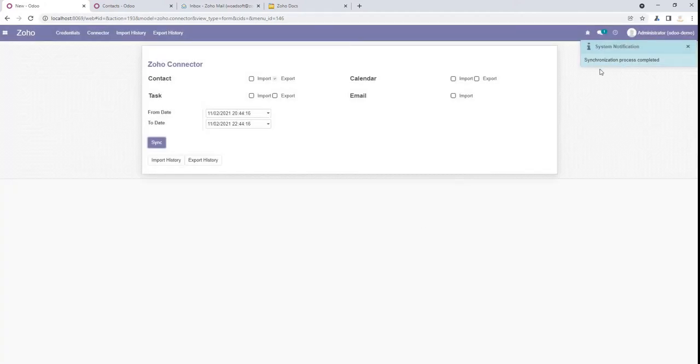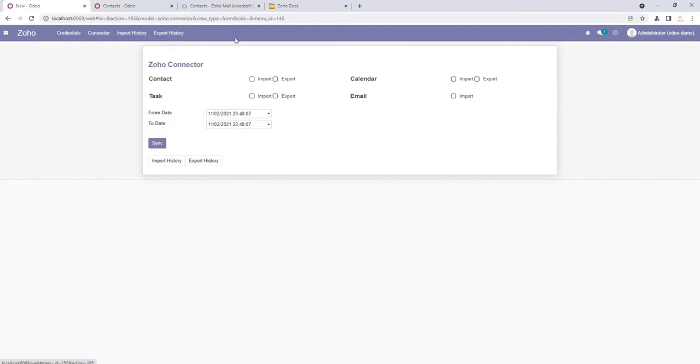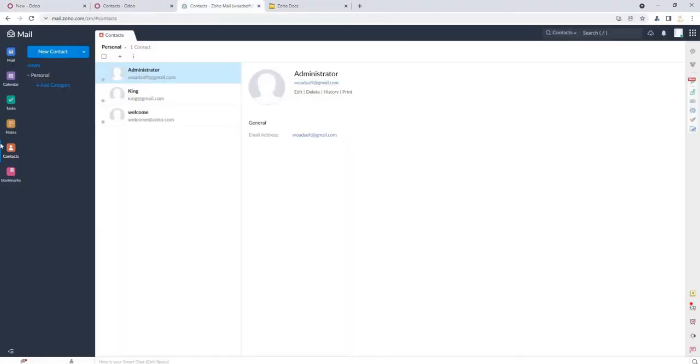As you can see, the synchronization process is completed successfully, and you can also check the history of import and export operations. Now I am going to check whether the contacts were exported successfully in Zoho. I go to Zoho Mail, and in the contacts section you can see the two contacts were successfully exported from Odoo to Zoho.